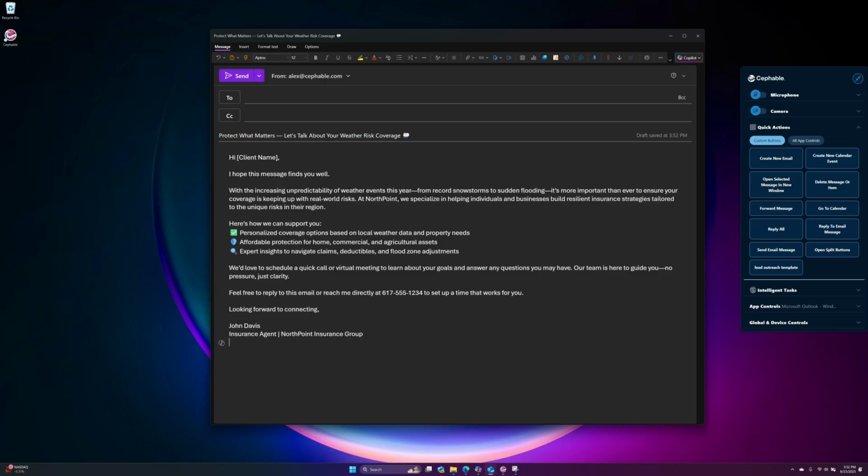These are super convenient for just having an easy way to click something to trigger action. But they're really, really powerful when you customize the different ways that you want to use them for triggering different macros, typing templates, or just mapping the complex interactions that you don't want to have to memorize keyboard shortcuts for. To check out quick action buttons either from the panel or from the Cephable Companion app,